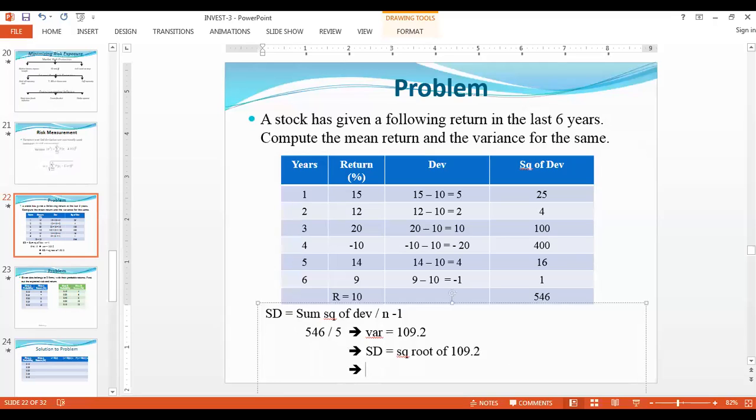So your standard deviation is 10.449, it is 10.5, right? What does it mean? It means that on average,